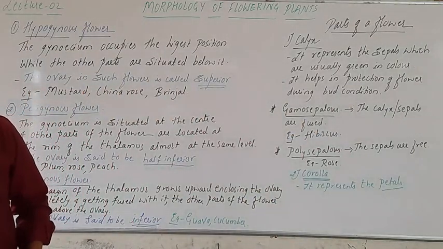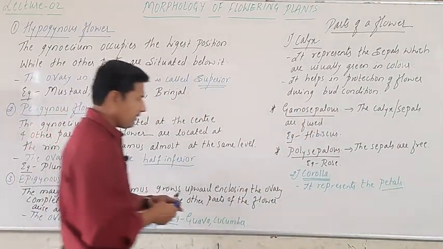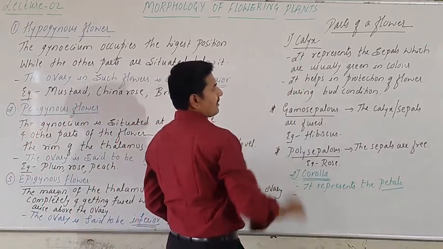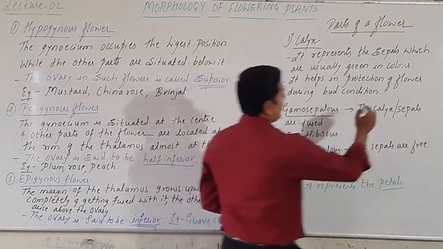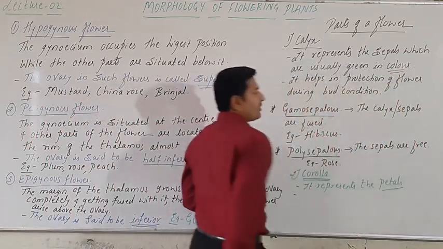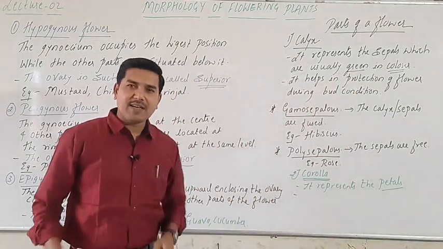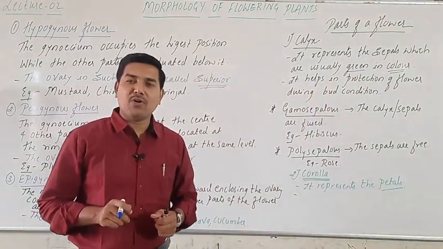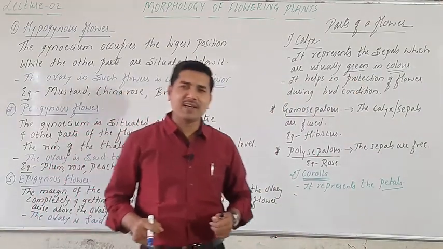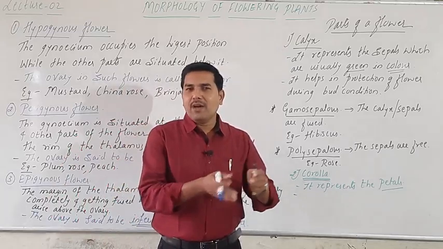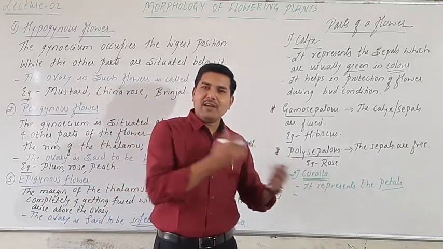Then apart from this, look at this. Usually they are which color? Green in color. And petals, they are bright colored or they are very colorful. Very colorful flowers. It might be red color, white color, orange color, lavender color, purple,